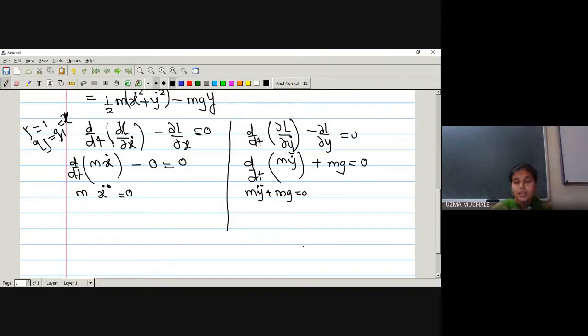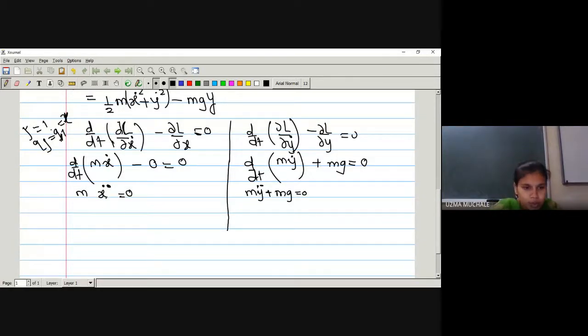You have to see whether it is a conservative case, non-conservative case, or partially conservative case. Next, you have to see how many generalized coordinates there are. If two generalized coordinates, you have to solve two Lagrange's equations of motion. If only one generalized coordinate, just like a simple pendulum, you have to solve only one equation. Have you understood? Okay, let me go on to solving these two equations.